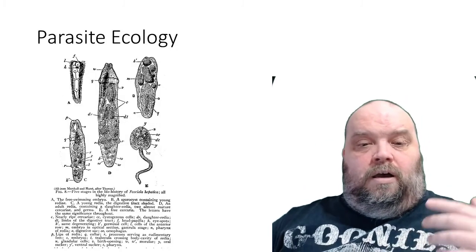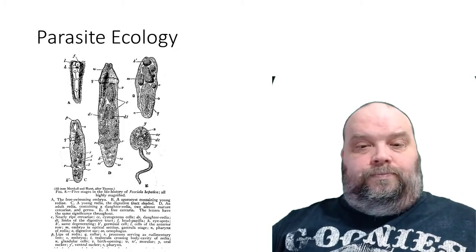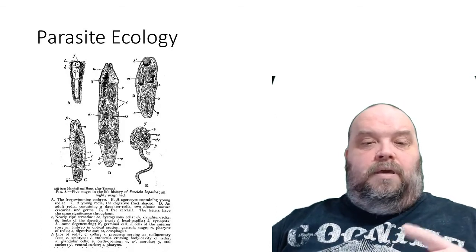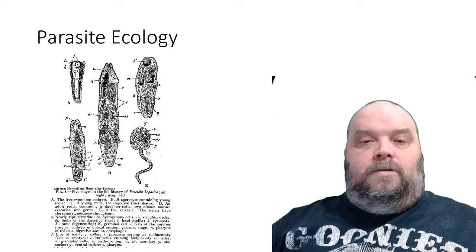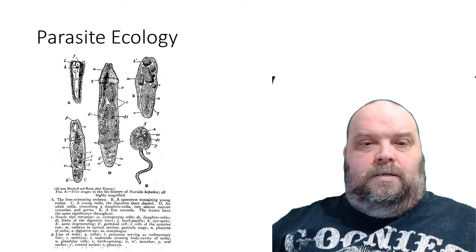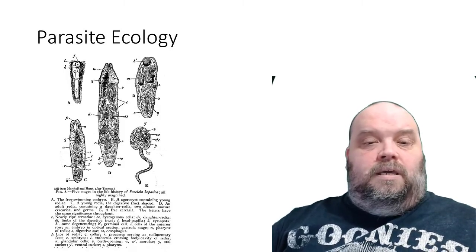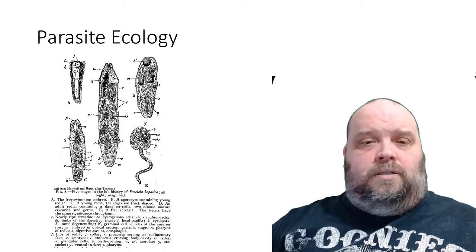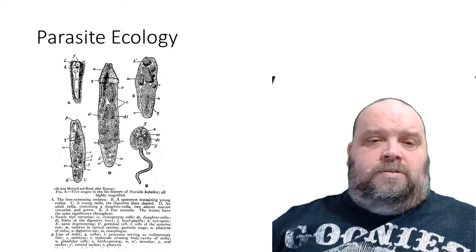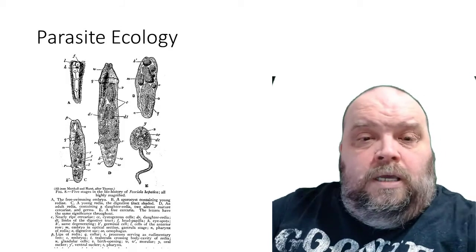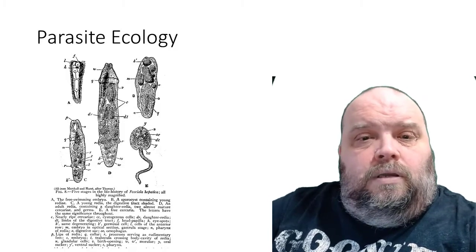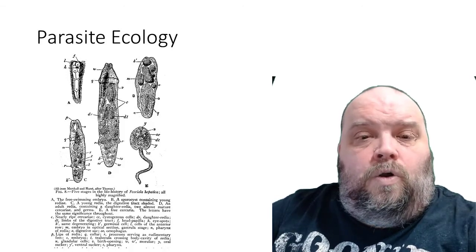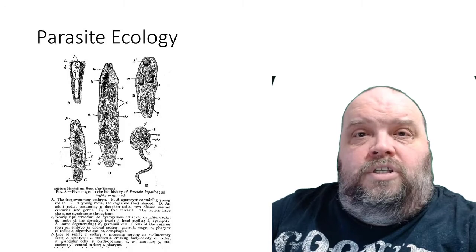You look here, Fasciola hepatica. A parasite that you go from A to B, C to D during its development. A, B, C, larval stages. D is the adult, the sexually mature adult. Now, it's a little hard to see in these drawings, but during these different stages, there's going to be different internal organs, internal tissues,